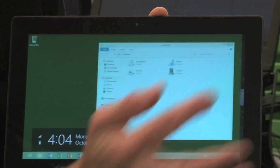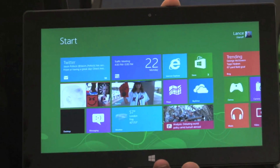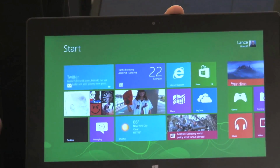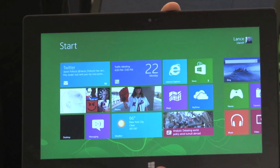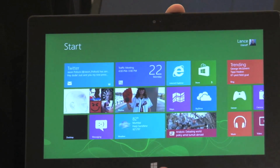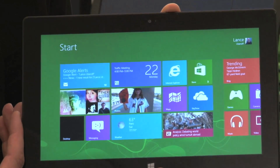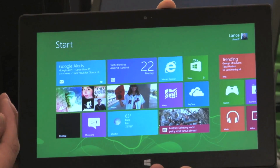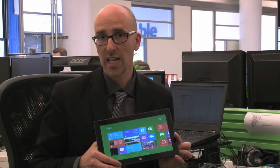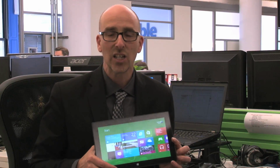You know, obviously you can get back to the start screen. The benefit here is that this device, the Surface tablet, is ready to work with most of your Windows peripherals right now. Like the Arc mouse, like your printer. I set this up with a home group on my home network, and I was printing almost immediately. So it's hard to compare Microsoft Surface tablet with, say, the iPad, because the iPad is really meant